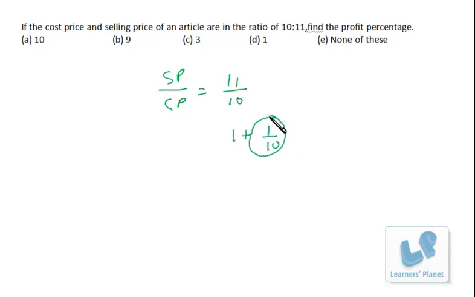And clearly I have told you in my profit and loss session that the data after 1 shows us the profit part. So this 11 by 10 can be written as 1 plus 1 by 10. So this 1 by 10 is nothing but the profit part. Now 1 by 10 is profit. So if you wish to calculate the profit percent, you just multiply it by 100. So it will be 10% profit. Okay, so no paperwork is required at all.